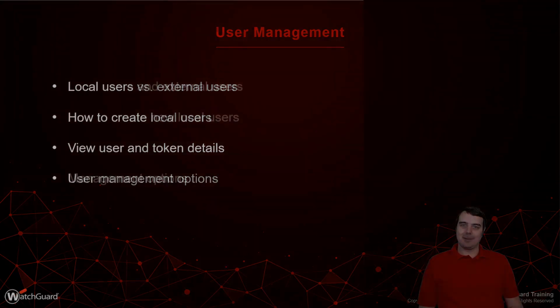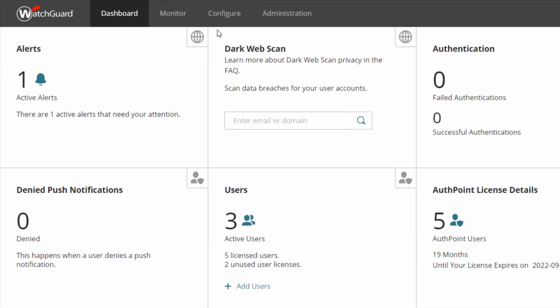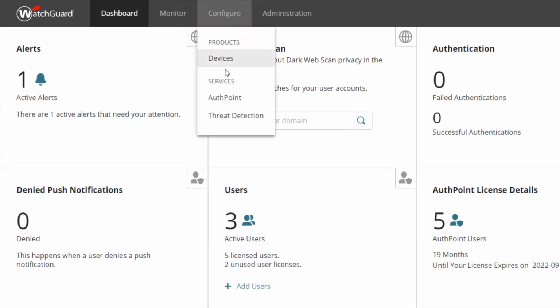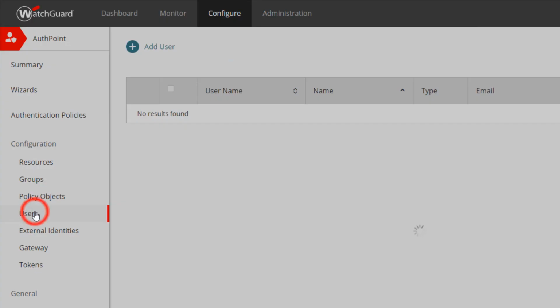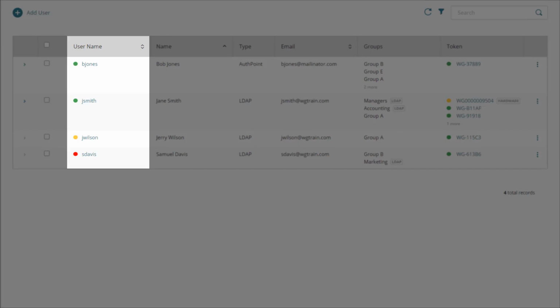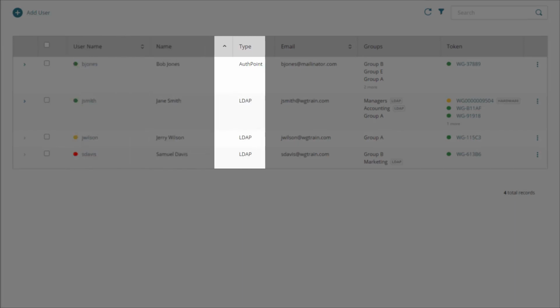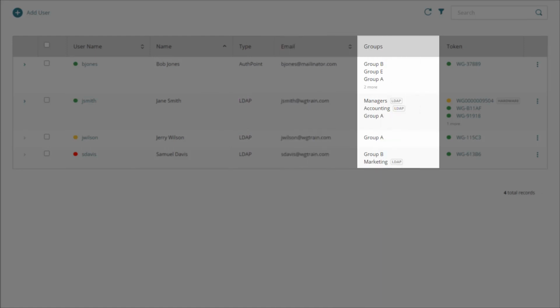Now let's get started. Here we are on the dashboard for WatchGuard Cloud. Let's go to Configure at the top, then AuthPoint. I'll go to Users on the left to pull up my users dashboard. We have a few users here already, and we can see their usernames, display names, account type, email addresses, groups,